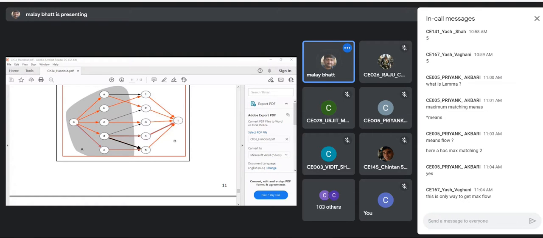So this is the only way to get the max flow. We have seen two methods. One is the incremental method in the previous session. Our goal is not to get the max flow; our goal is to do bipartite matching. For that, we are using the reducibility concept and the Ford-Fulkerson method. So this is one application of a flow network: using the concept of flow network, we can solve the problem of bipartite matching.